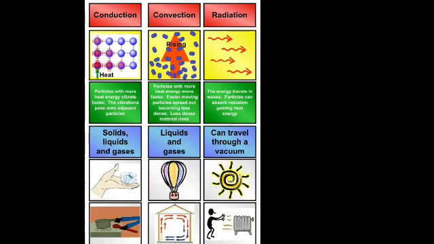In convection you can see the molecules move from lower to higher. Similarly, in radiation no direct contact is required. It emits from a higher object to a lower object. Similarly, particles with more heat energy vibrate faster and particles with less heat energy vibrate slowly. Different diagrams are also given to you. In the parachute there is a convection current. In the sun there is radiation.